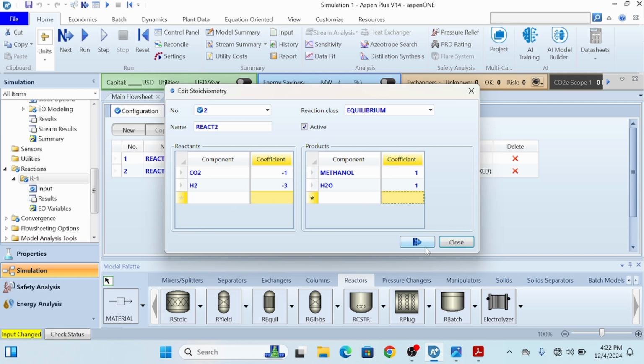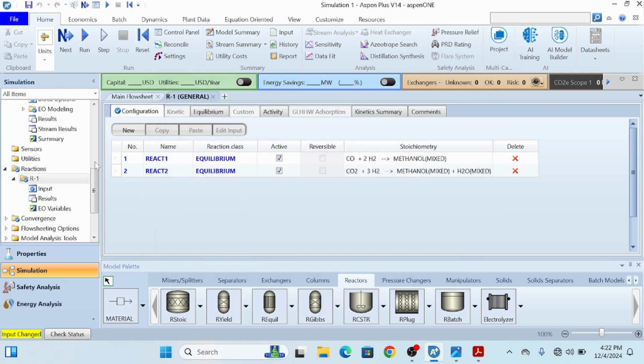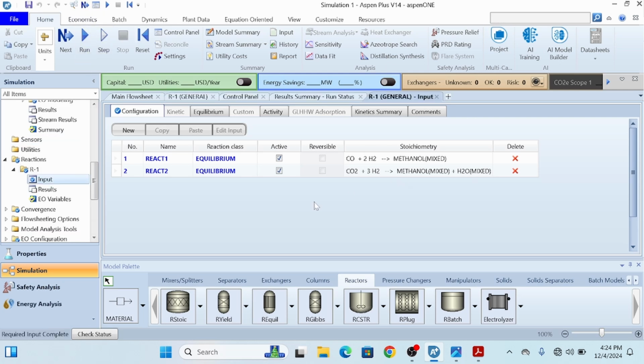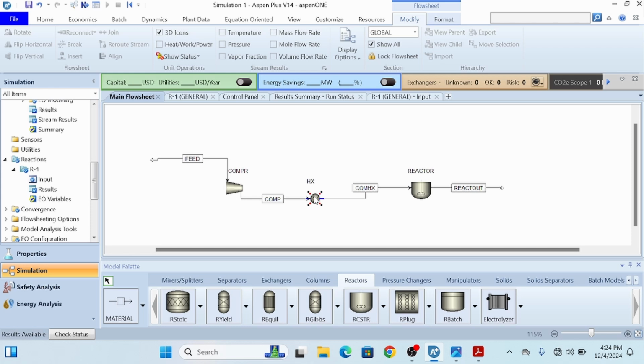So now we are good to go. You can see that the run button has been activated. I will press this run button, and you can see that results are available. Now I will go to my main flow sheet, and here you can see that my results are available. I will double click on it